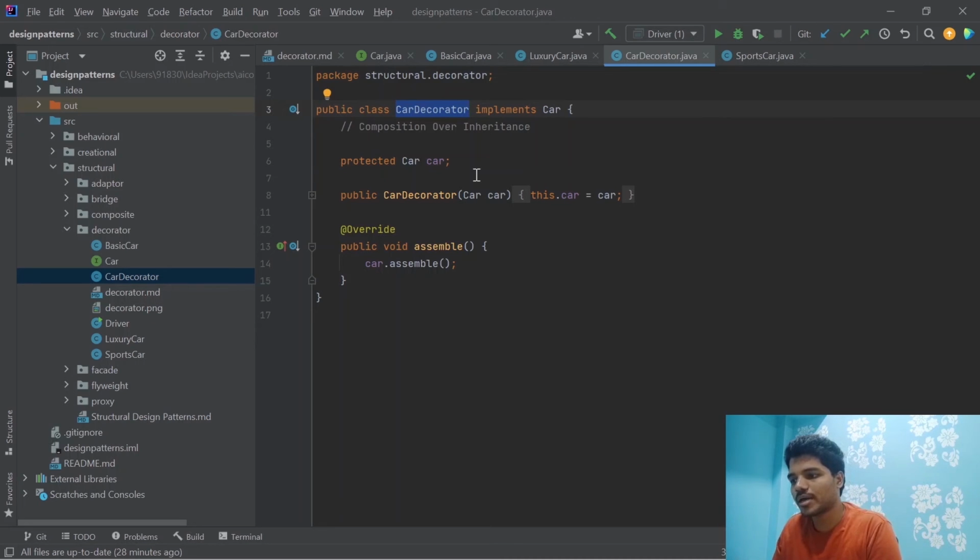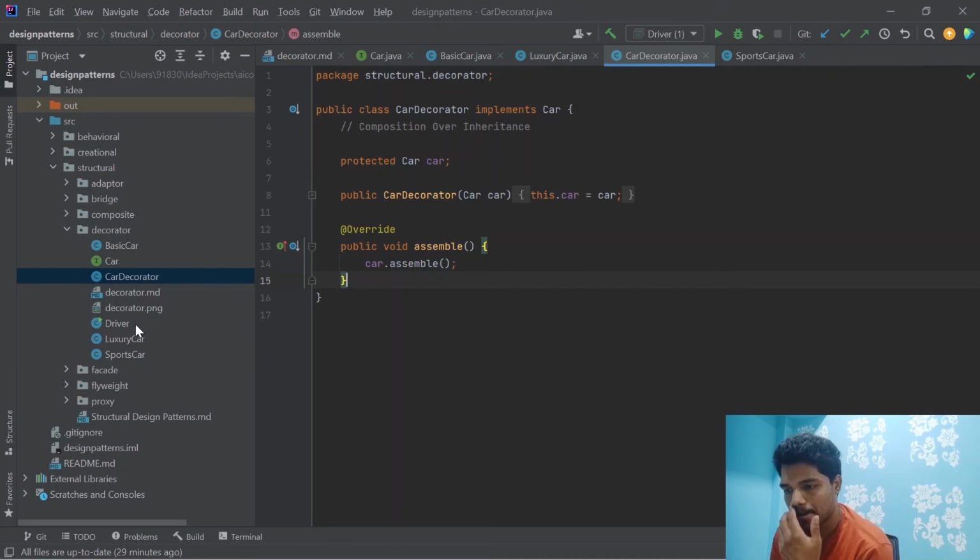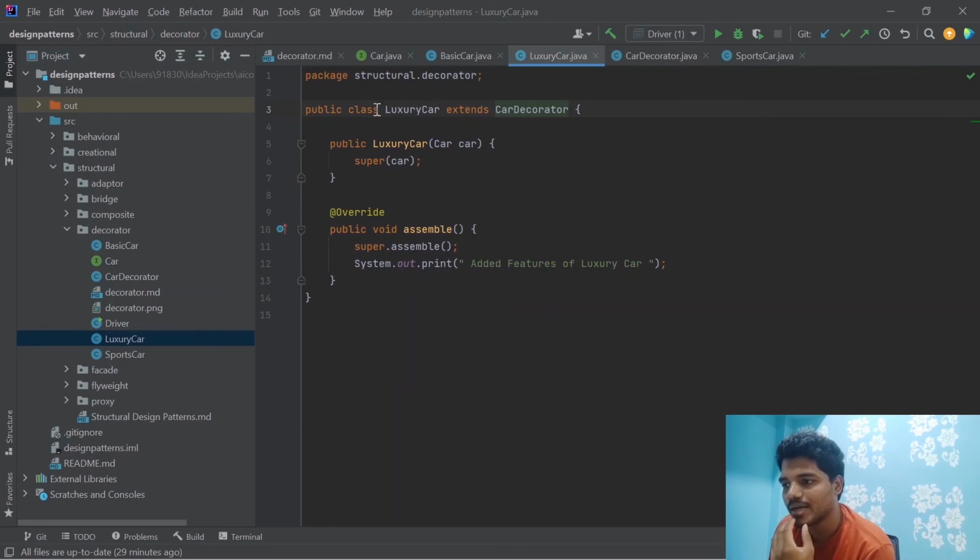So now let's talk about this. Here it has a car decorator which implements the car. Here I am passing car to the constructor. In the constructor we can pass either luxury, sports or basic car, and we are assembling, and it will simply call the corresponding car.assemble function. Now let's see the luxury car. Luxury car is basically extending the car decorator. Here in the luxury car we are passing the parameter as car, and we are calling